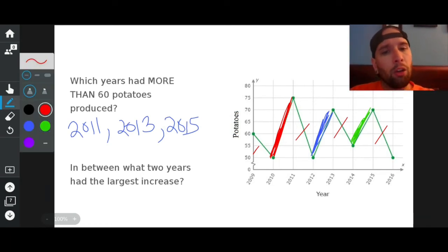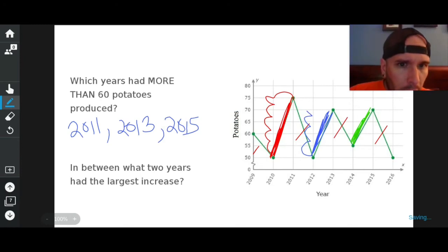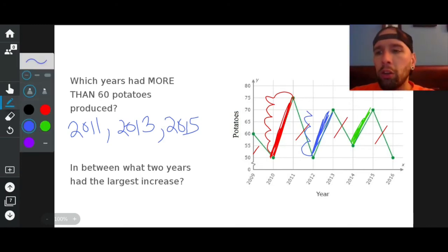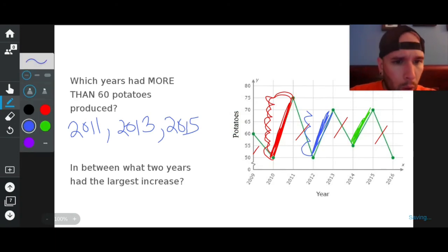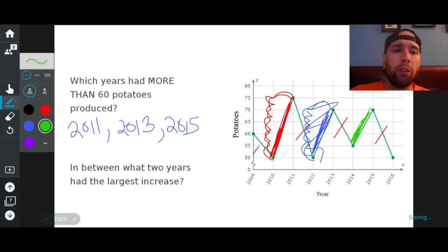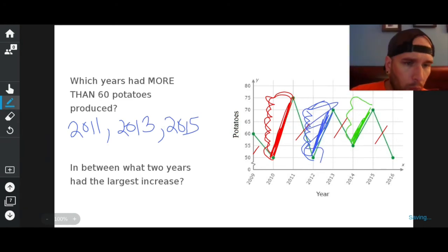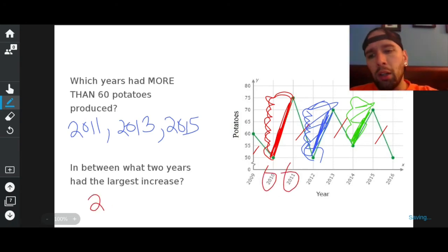It looks like that this goes up 1, 2, 3, 4, 5 over 1. The blue one goes up 1, 2, 3, just 3? Did I miscount? I did miscount. Which one did the red one go up? 1, 2, 3, 4. I was right, over 1. The blue goes up 1, 2, 3, 4 over 1, so it's not the blue one. And the green one doesn't look promising. 1, 2, 3, or is it 2 over 1? 3 over 1. So it's not green either. So it's the red line. So in between what 2 years is the red line? 2010, 2011 had the highest increase because it's the largest slope.